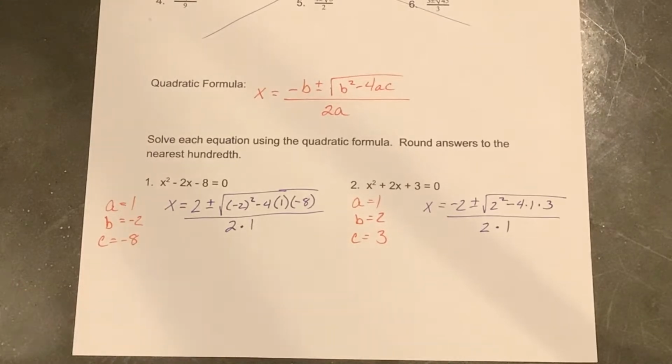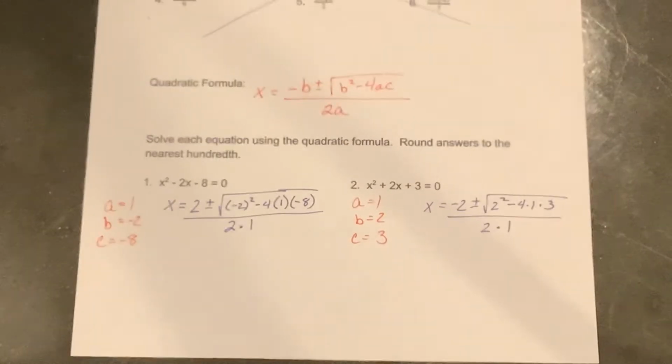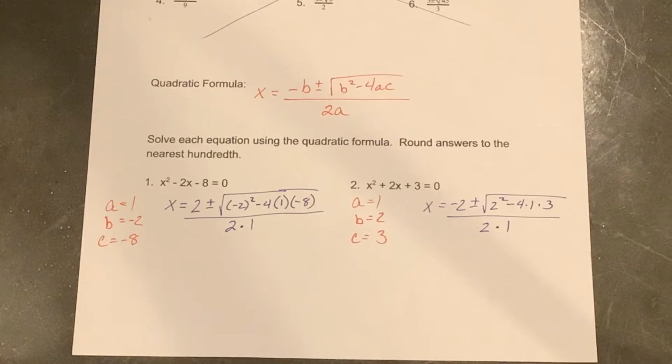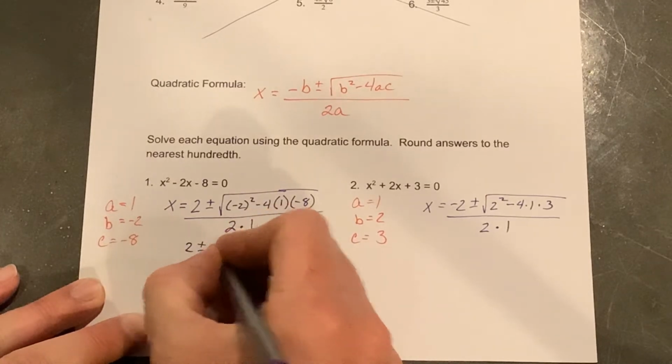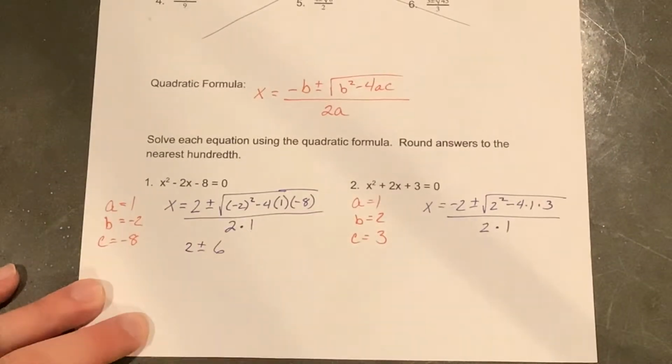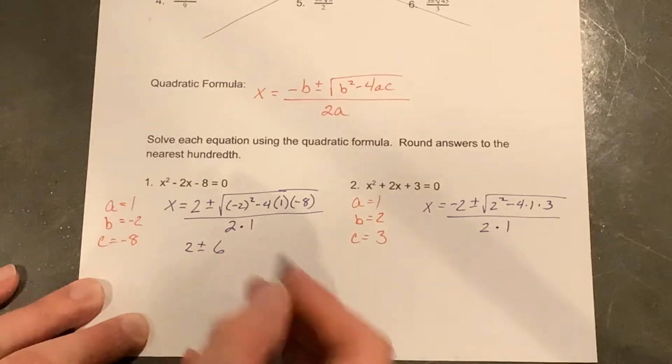But if we look at number 1, a is 1, b is negative 2, and c is negative 8. Same idea. We set up 2 plus or minus the square root of negative 2 in parentheses squared minus 4 times 1 times negative 8, all over 2 times 1. So when we do the radical there, we get 6. So this one's going to be 2 plus or minus 6. The discriminant, the number inside the radical, is 36, which we could take the square root of